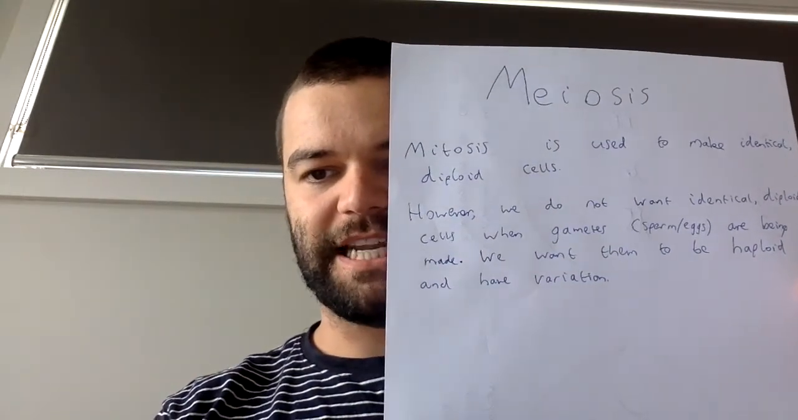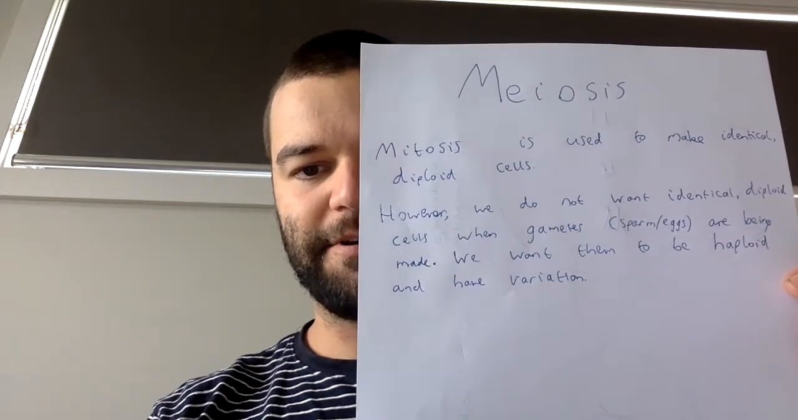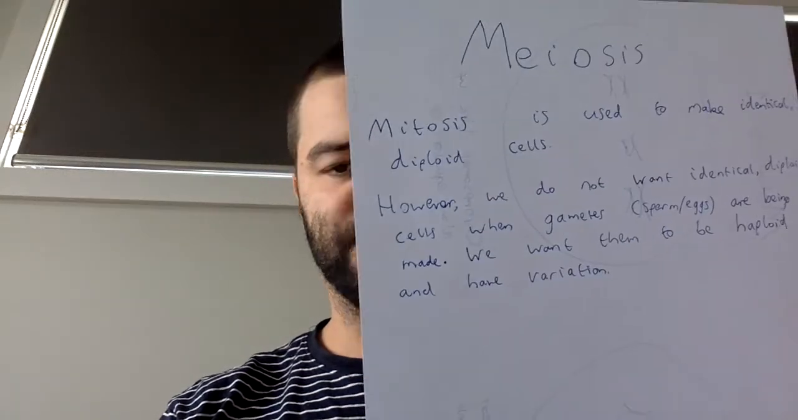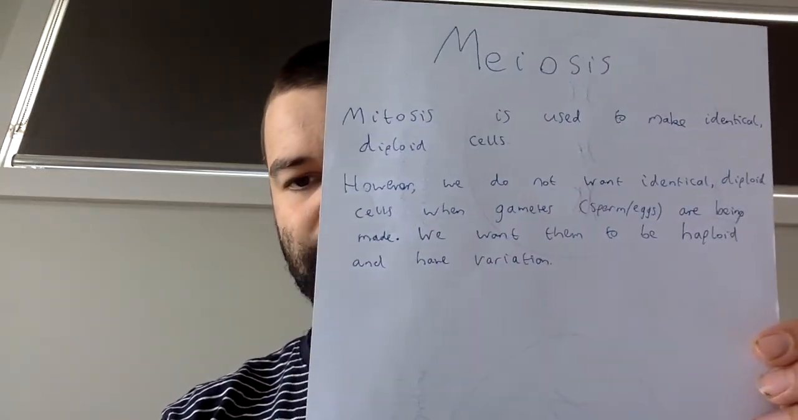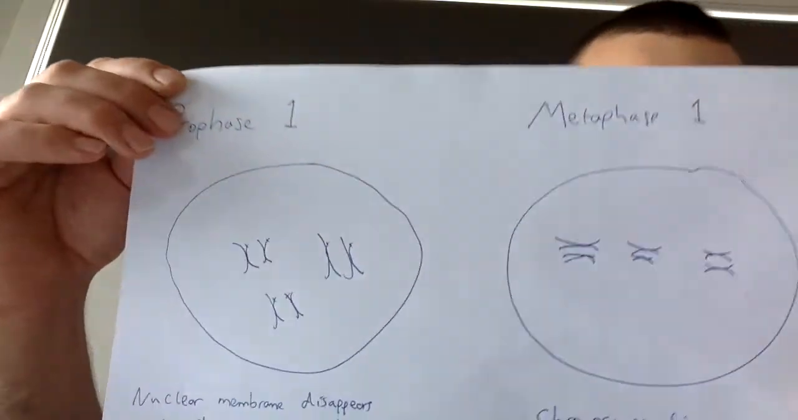or eggs, to be identical to the cells they came from or diploid. We want them to be haploid, so have half the amount of DNA, and we want them to have a bit of genetic variation. So we want them to have different traits to what they came from. So I'm going to go through the phases of meiosis, and as you can see, it starts out very, very